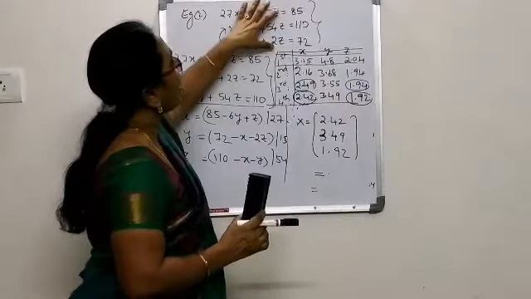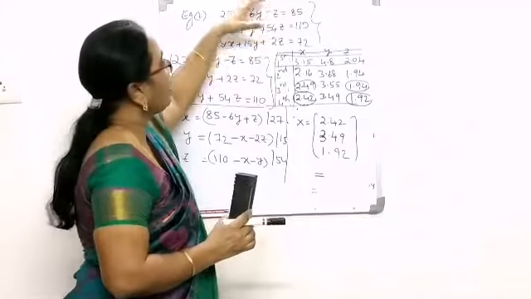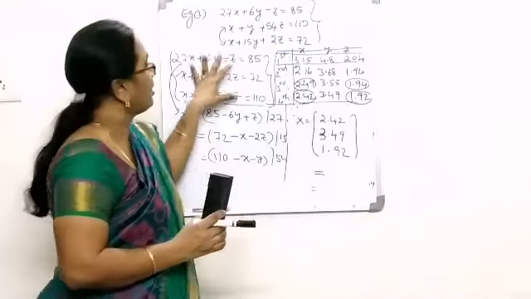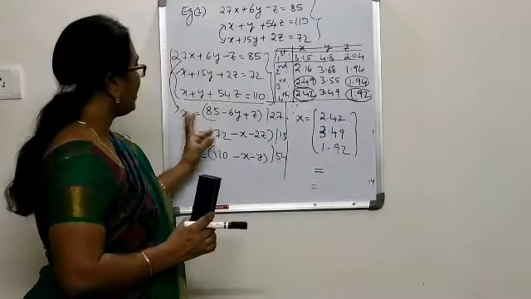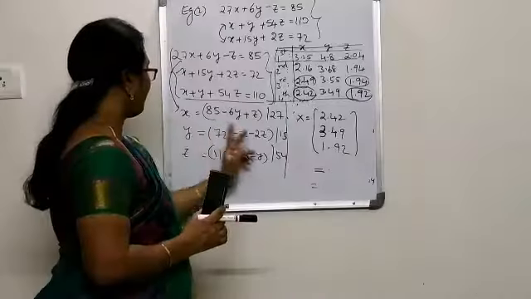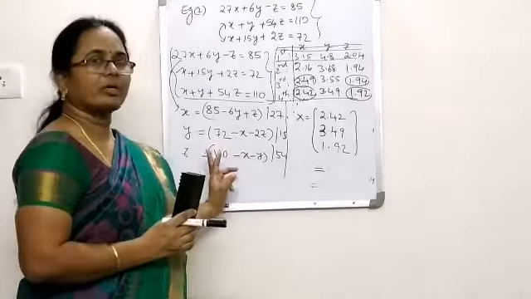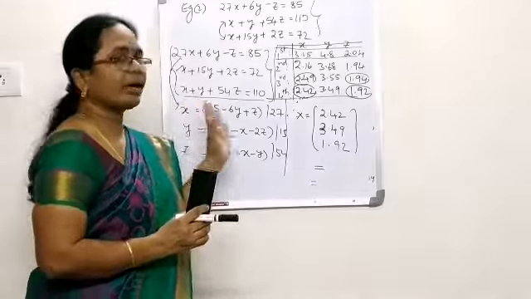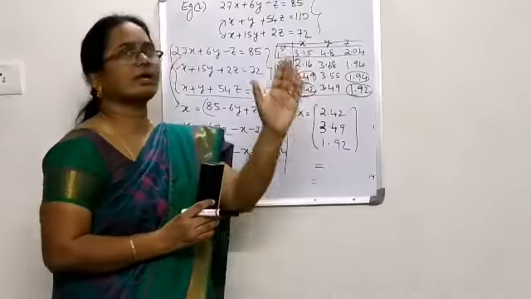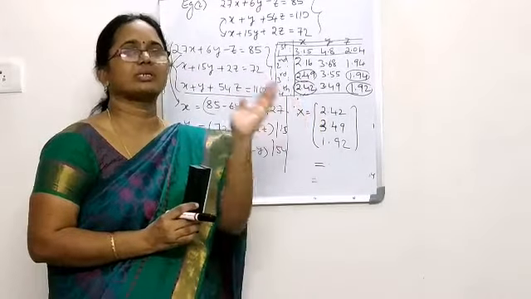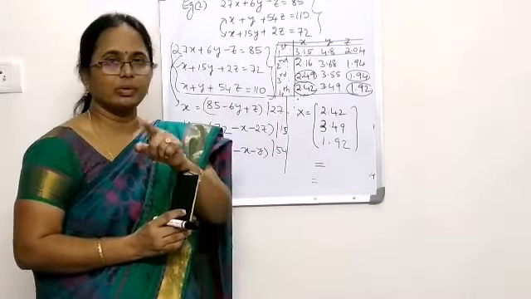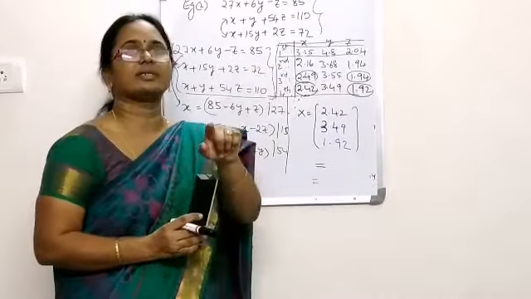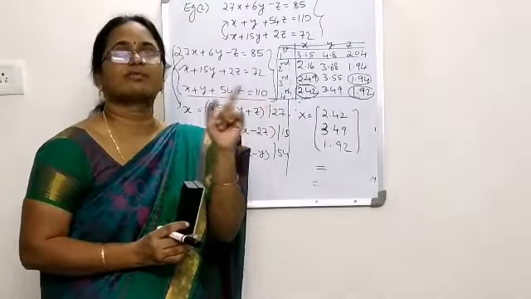In this second problem, the given system is not dominant. To make it dominant, we have interchanged the second and third equations, and here is written the dominant system. Now from the dominant system, we have written the variable expressions: X variable equal to, Y variable equal to, Z variable equal to. Now after assuming the initial zero solution, using these X, Y, Z expressions, I calculated the first iteration X1, Y1, Z1. Using those first iterations in the second, I have calculated X2, Y2, Z2. Using those, I have calculated X3, Y3, Z3. And further using X3, Y3, Z3, we have calculated the values of X4, Y4 and Z4.